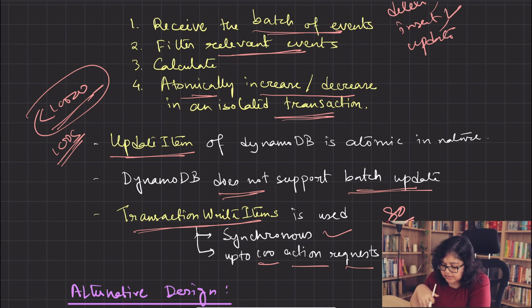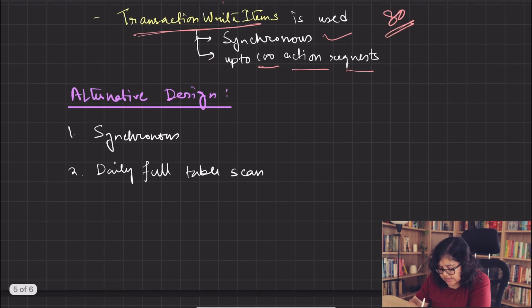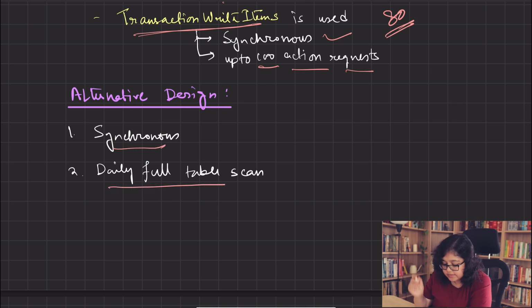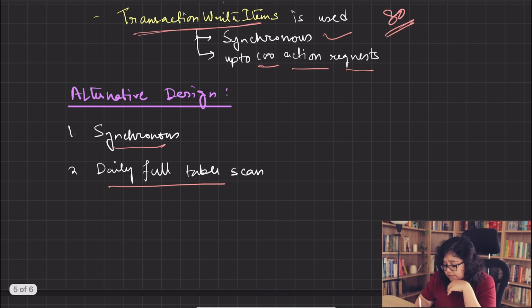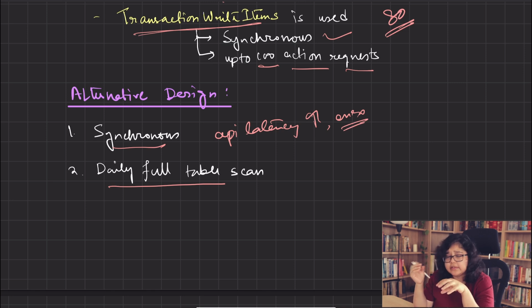Okay, so till now the design that we have discussed is asynchronous in nature. Is there any other alternative design that we can think of? Yes, we can do it synchronously. If you do this synchronously, then it will obviously be easier than the asynchronous one, as it does not involve Lambda or anything. But the problem is it will increase the API latency. Also, it can increase the chance of error. And it is mixing the business logic with the aggregation logic, which Deliveroo does not want.